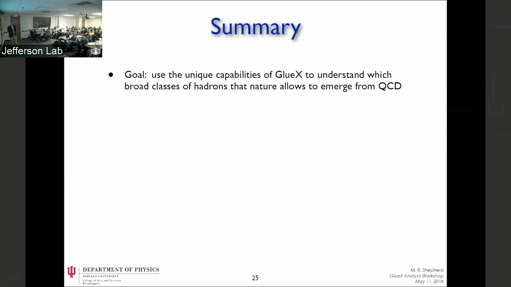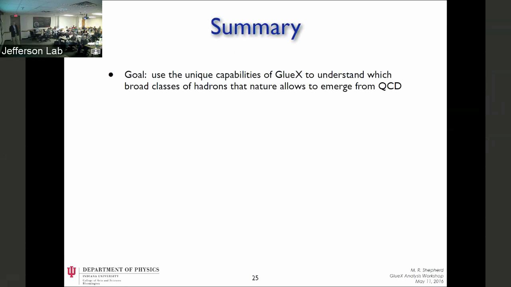I think finding one hybrid is never going to be sufficient, because somebody's always going to question, well, maybe that's a background, maybe it's not quite right. But if you can show that there's a whole pattern, and there are strange anti-strange hybrids and hybrids with charge 1, isovector and isoscalar hybrids, and show that the pattern all really matches, I think that's the real ultimate goal, and that's how you convince people that hybrids really do emerge from QCD.